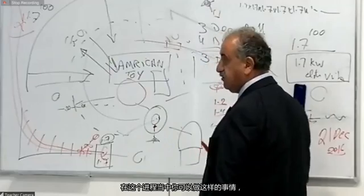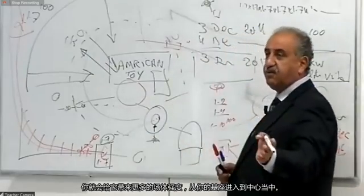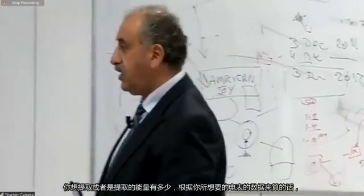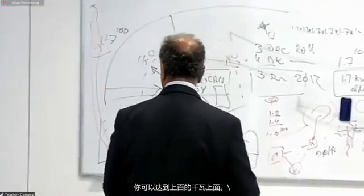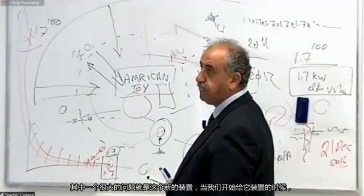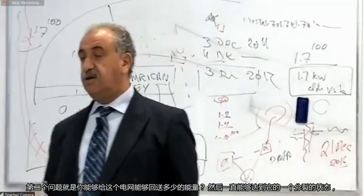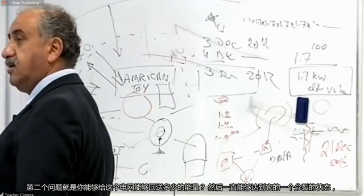Here in the system, you can do it. You have a very high power demand. You bring more field forces from your base into the center. So when you do experiment with it, you decide how much energy you want to extract back within a meter. You can go into hundreds of kilowatts if you load it the right way and if the transmission lines can take it. One of the biggest problems with a new system when you start loading, first of all, is your cable into the main, what the main can take, and secondly is how much you can push down the grid to the point of the divisions,